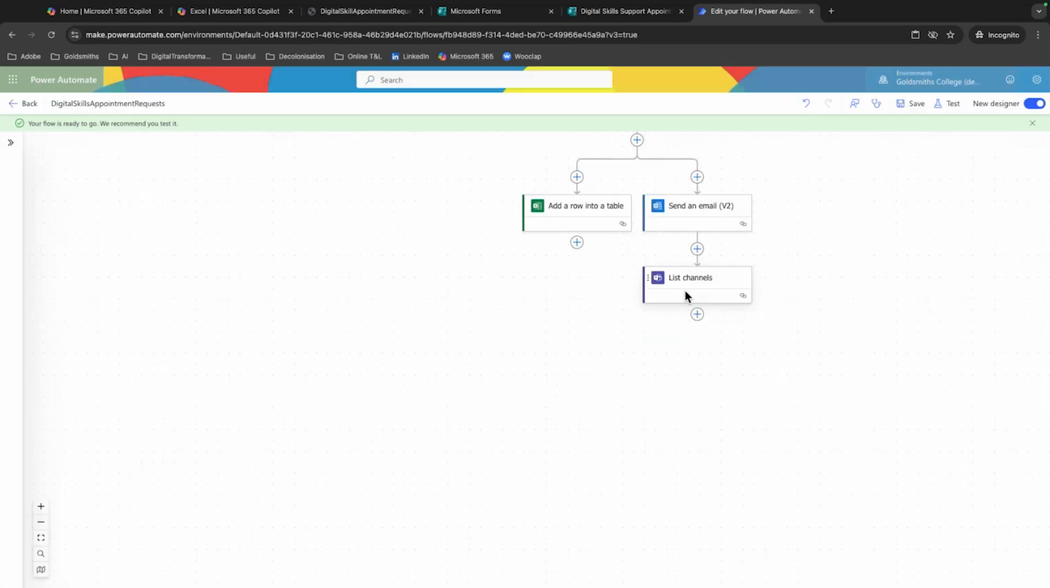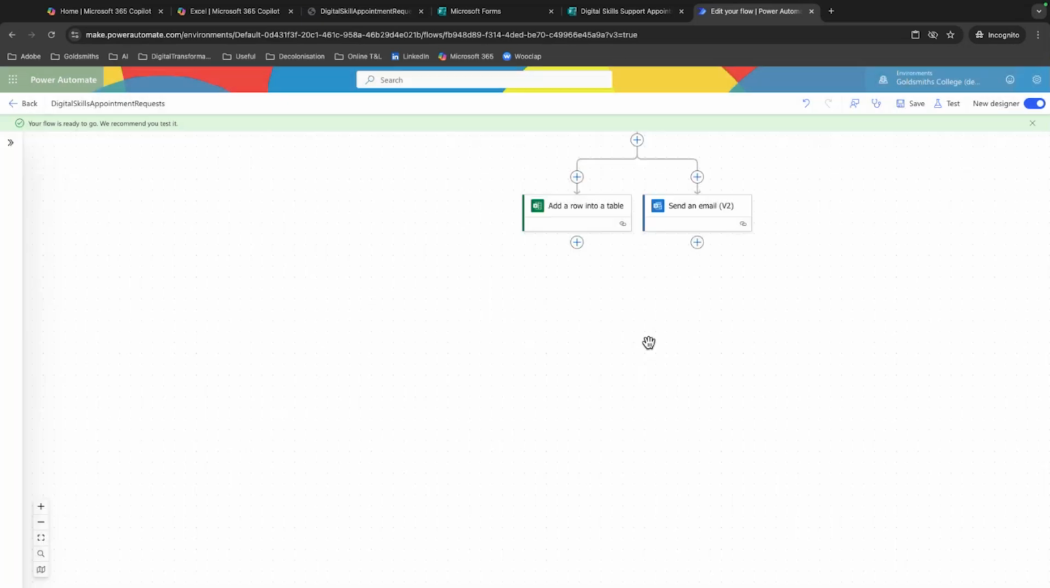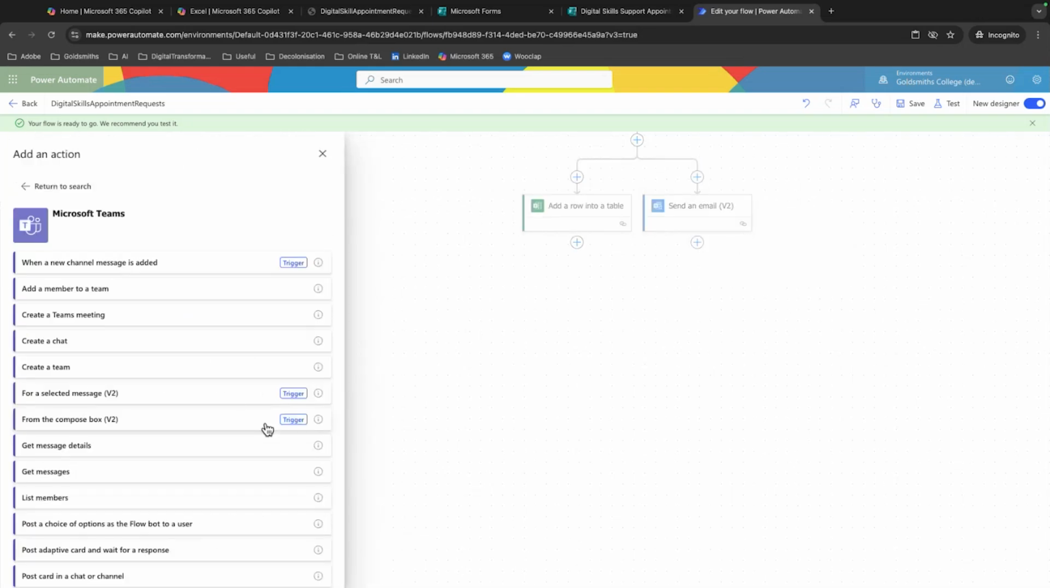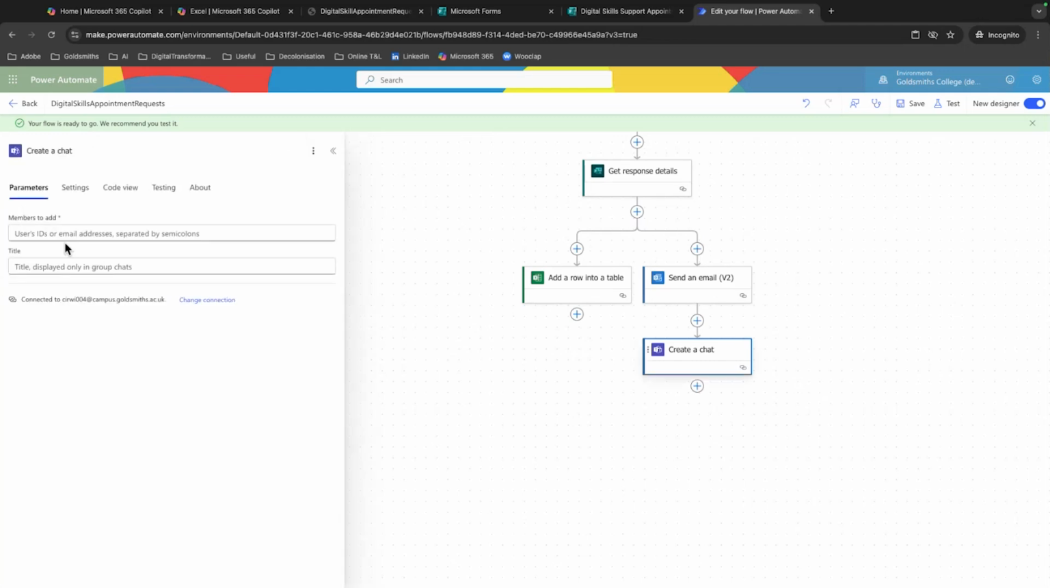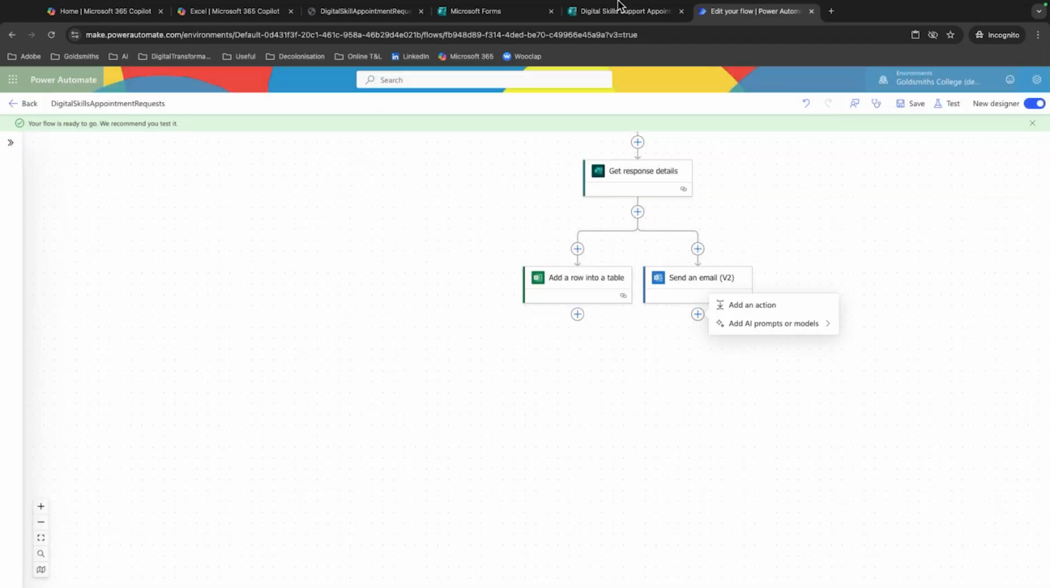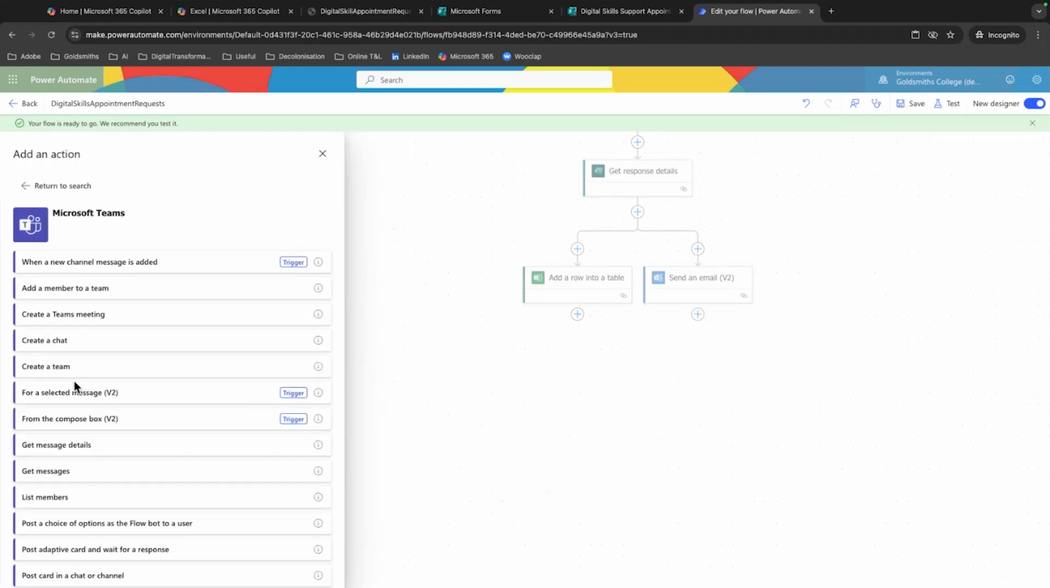I am going to delete that because I don't want the Digital Skills Ambassadors to panic. I will just do it as a Teams chat to myself. Let's do create a chat. I've done the wrong one, haven't I? We're running out of time very quickly. Microsoft Teams,